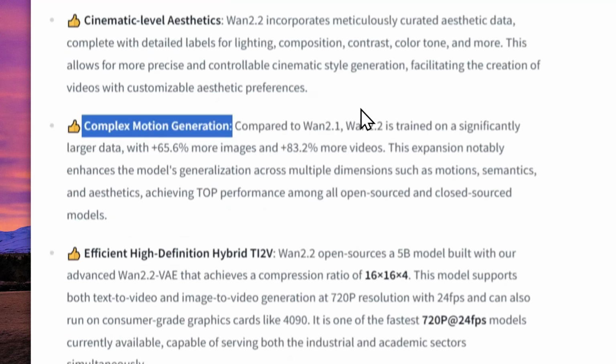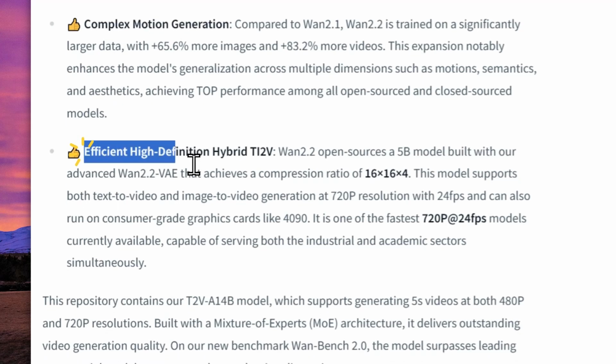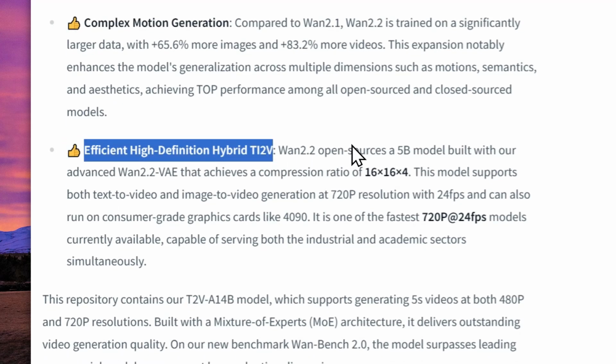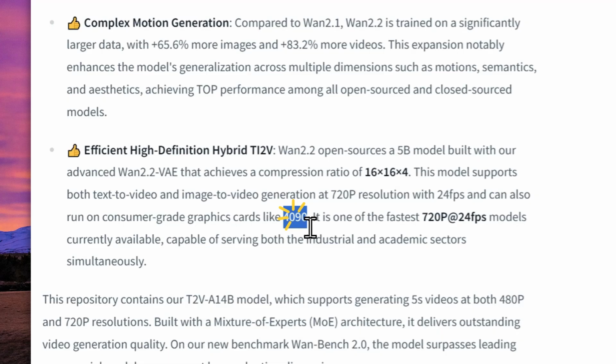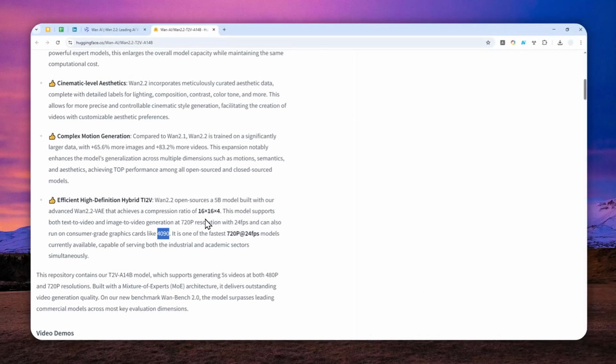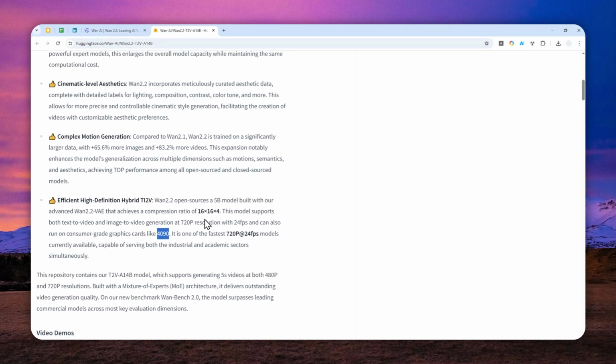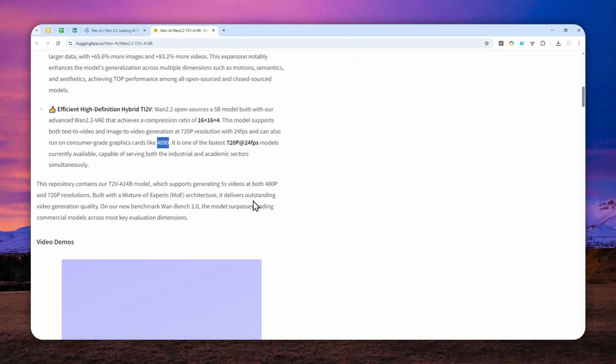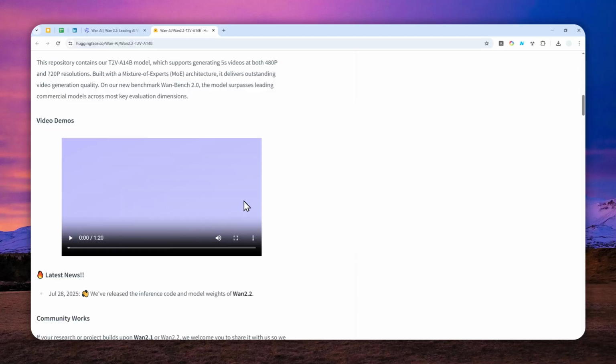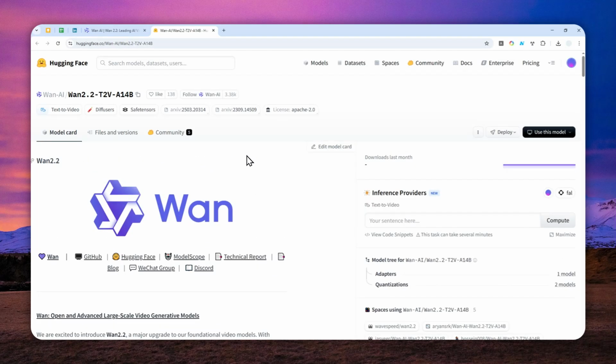And not to mention, since it is open source, it is also becoming more efficient, and it can run on consumer-friendly hardware like a 4090, which is, yeah, I would say consumer-friendly hardware, but it is not commercially widely available hardware. So even though you can run this model locally on your PC, I think that could be expensive and still difficult to install for most people, and I do recommend to just use this model on their dedicated platforms. And there are actually two platforms that you could try to create video using this Wan 2.2 video